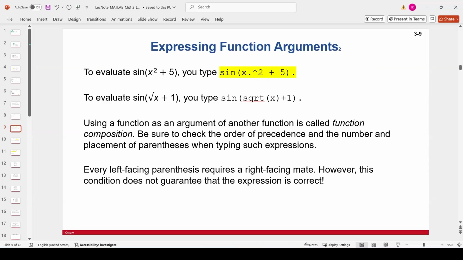So instead of just providing a single number as an input, you can also provide an array as an input or some other expressions. Instead of just providing sine of x or sine of y, you can also provide sine of x plus y or sine of x squared divided by y plus 2 or something like that. You don't just need to provide a variable as an input. You can also provide these mathematical expressions as the input argument. Okay,